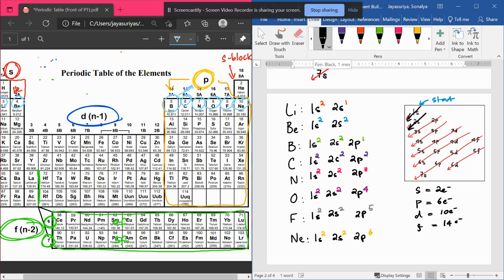You have to follow the arrows from the back to the front. So 1s, 2s, then 2p, then 3s, 3p, then 4s, 3d, 4p, 5s, etc. Okay? The arrows have to be followed in the direction that they're drawn, from back to front. Okay, now